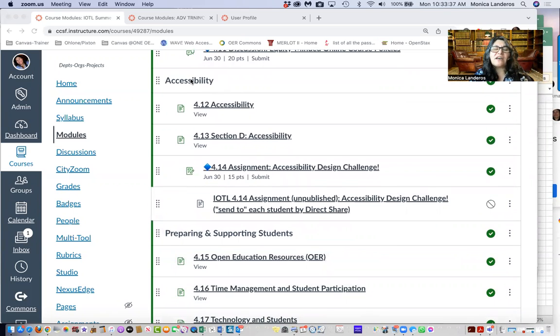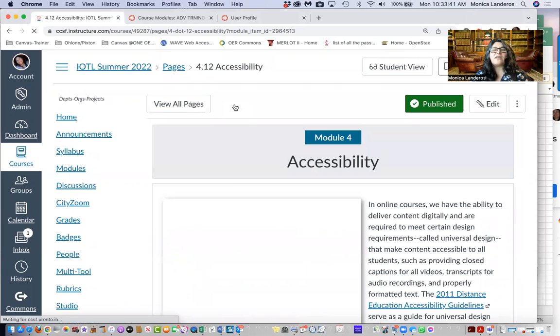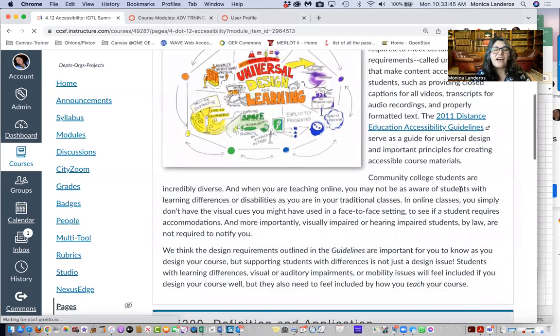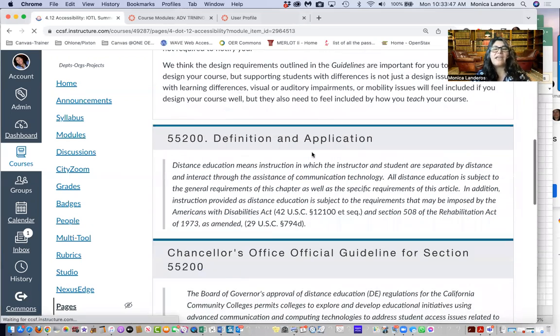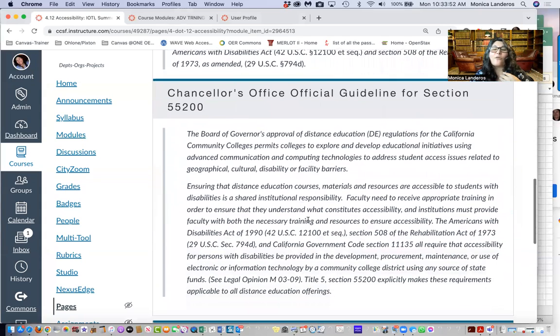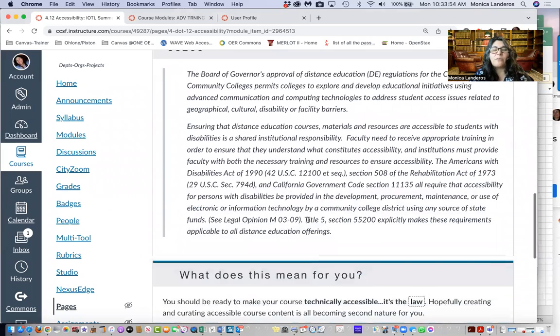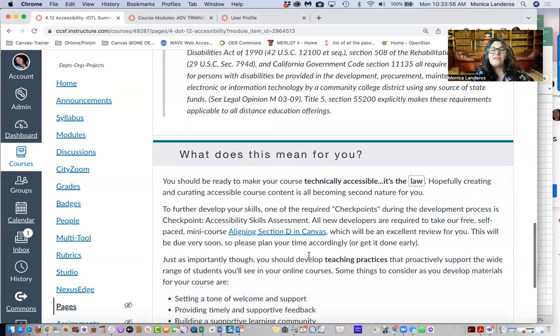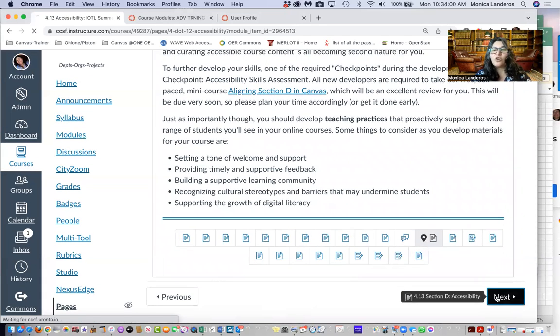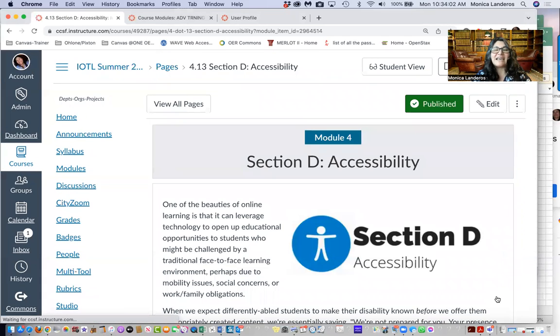When you reach the accessibility text header, please do click on this, read through everything. The links take you to some important guidelines that are not overwhelming. Here's the legal reasons we need to do this, outside of why we really genuinely want to help our students, and what it means to you and your course. And so then if you could please go down to the far right and hit the next button.